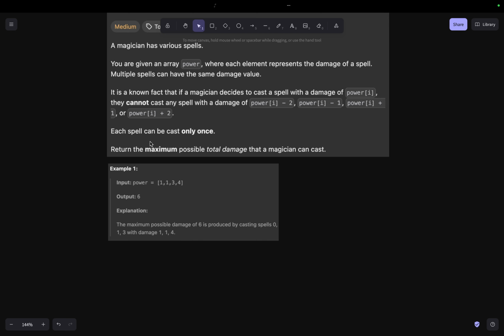Okay, now let's take a look at the first example. Here we are given an array power with values of 1, 1, 3, and 4. And the output is 6. Basically, the maximum possible damage is 6, which is produced by casting spells with power of 1 and power of 4. If we choose the spells with power of 1, we cannot choose the spells with power of 3 because the power of 3 is not higher than power of 1 plus 2,